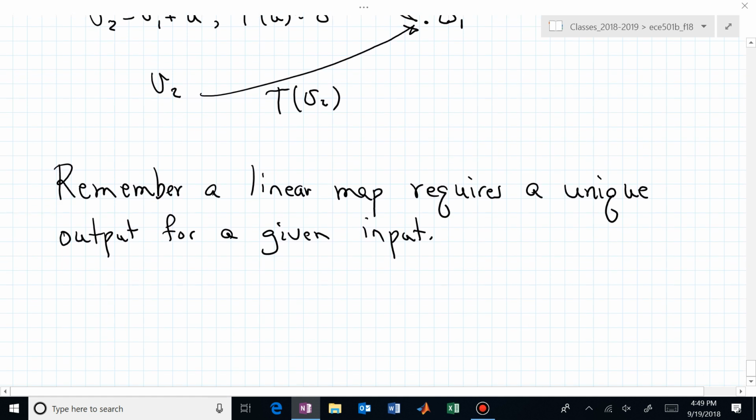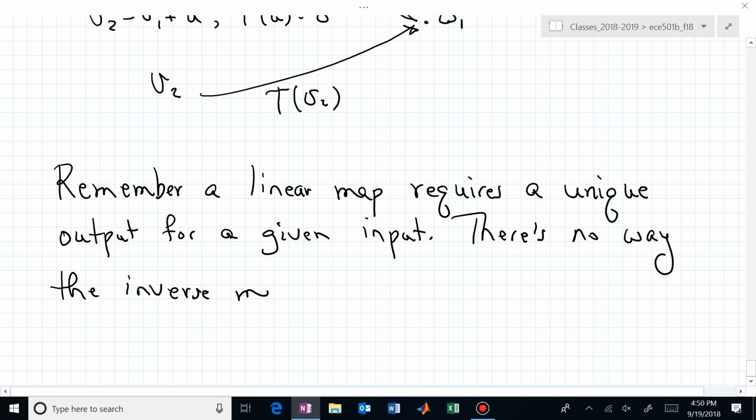That doesn't mean the output has to be unique, but it means each input needs to go to a unique output. There's no way the inverse map, let's say S, a map from the output space W to the input space V, can exist,